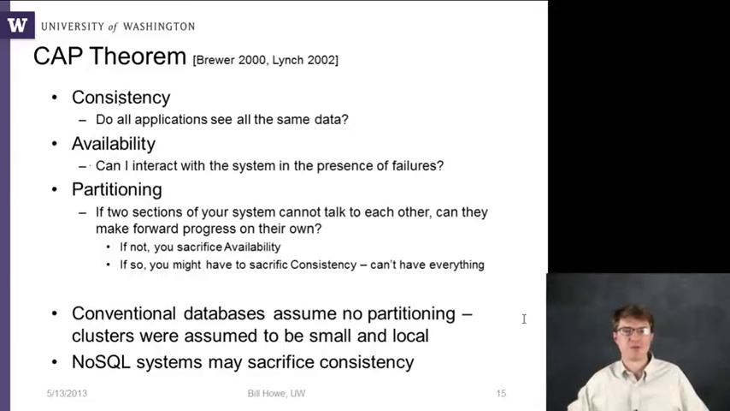Okay, so another concept I want you to be familiar with is this so-called CAP theorem from Eric Brewer in 2000, with a follow-up paper by Lynch in 2002, where they define these three notions: consistency, availability, and partitioning. The way this is often described is you have to choose two of these. You can't get all three. You have to choose two or sacrifice